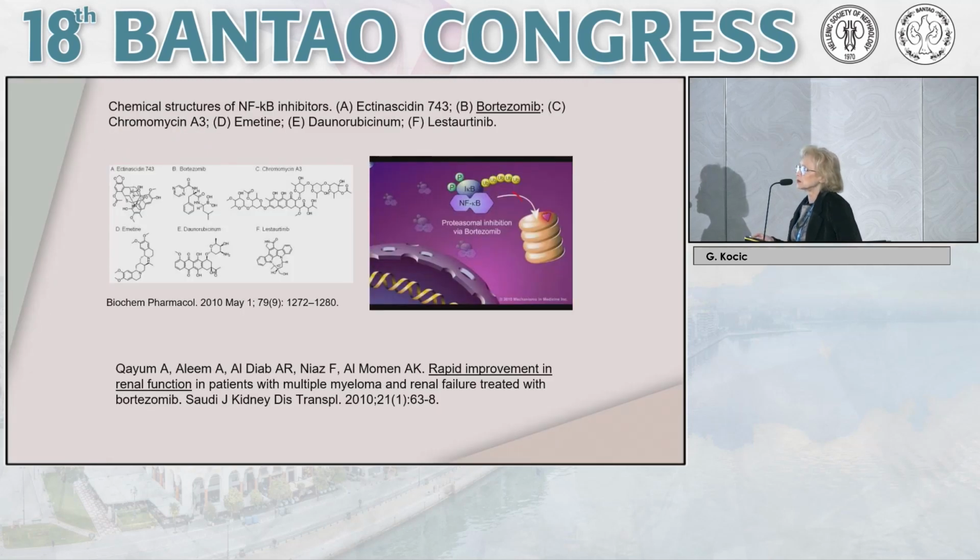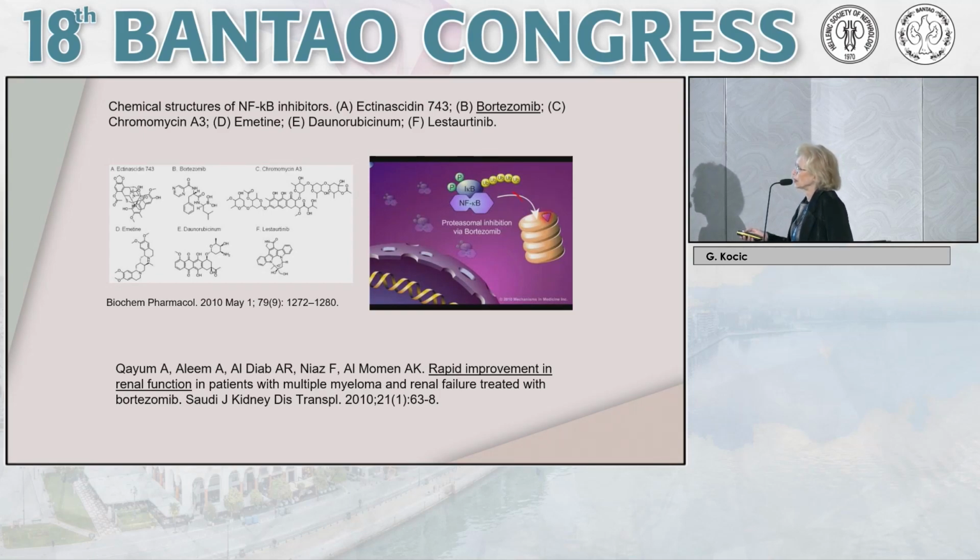Then there are some drug repurposing effects, because some patients with other diseases, such as multiple myeloma, have been treated with NF-kappa B inhibitors. One of them is bortezomib, and they observed rapid improvement of renal function. What can explain that in some instances NF-kappa B inhibition can be successful in